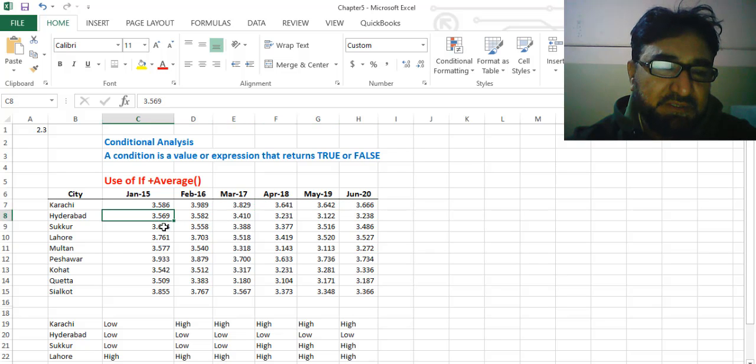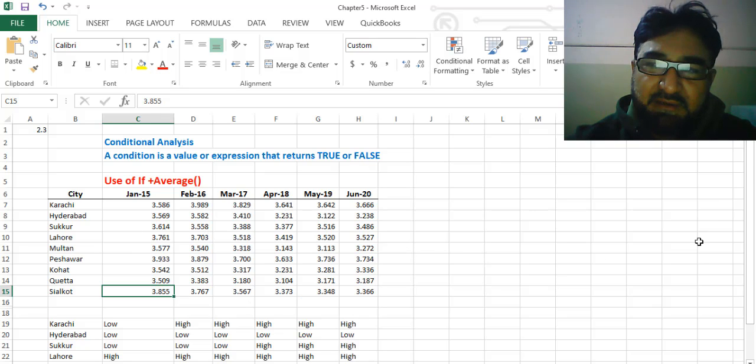Say it is the price of an electricity unit. So these are the electricity unit prices, and we want to analyze this to find out whether